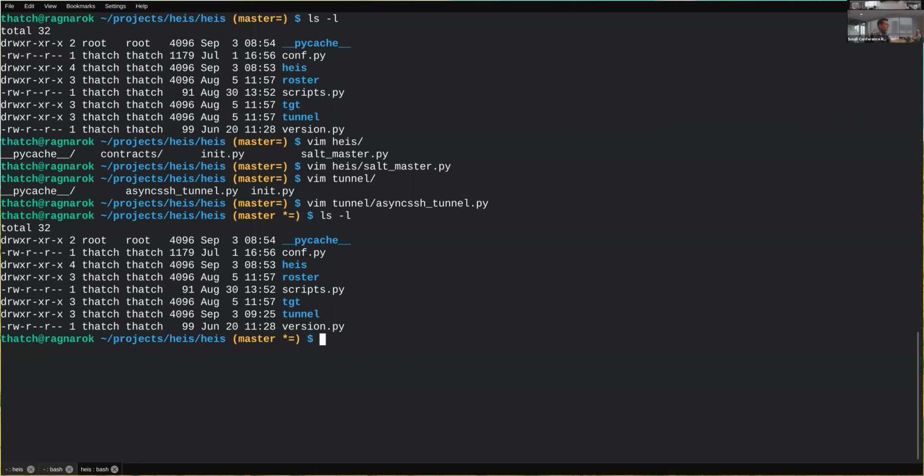My plan is to fix it so that the building of those artifacts is no longer manual, then write a pile of documentation, and then release Heis. So this is something you're going to be seeing pretty soon. There's also a fair amount of error checking I've got to build in. At this point, I feel like the really difficult conceptual stuff is taken care of, and I just need to polish some of the edges and get this thing out the door so that everybody can start playing around with it and taking a look at it.